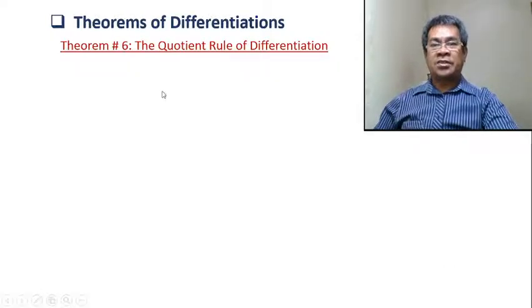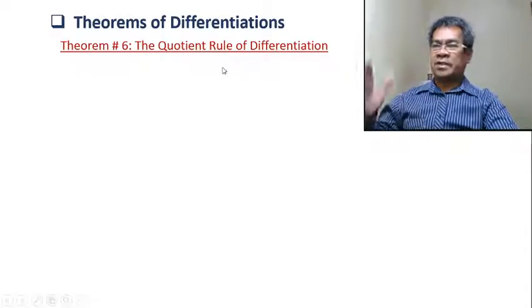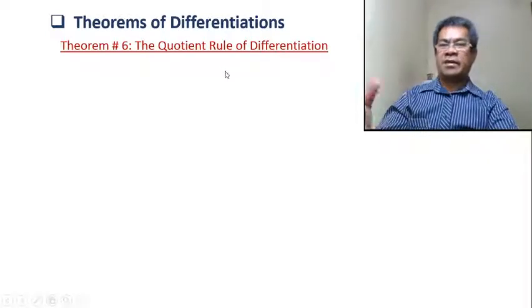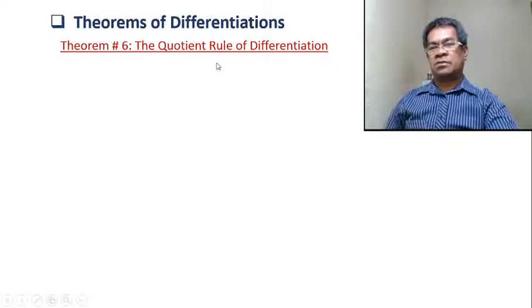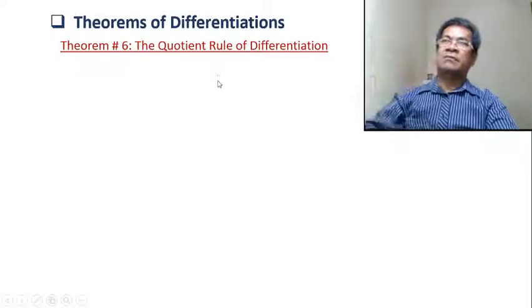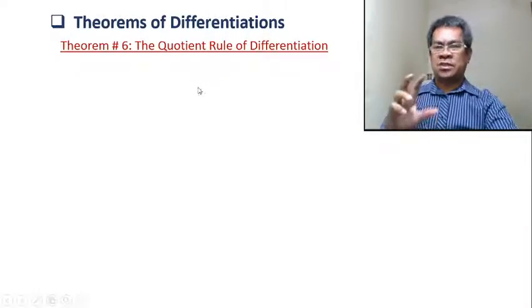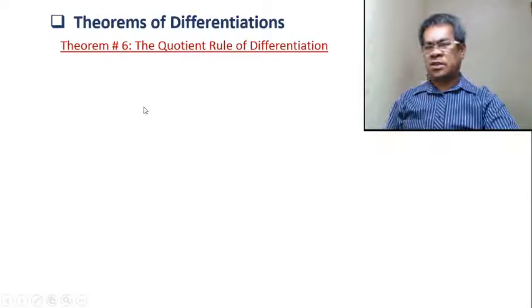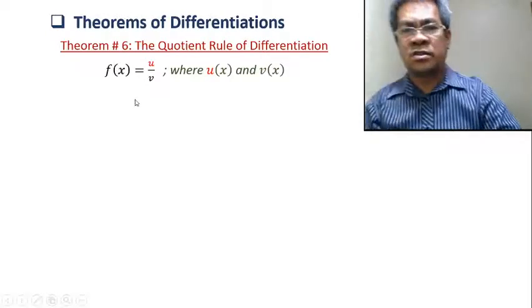Okay, last theorem. Basic. Take note, we have 6 basic theorems. The quotient, if we have the sum, we have the product, we have also the quotient rule. So they are actually different treatment. We cannot equate the sum, the product, and the quotient. So what is now a quotient rule? A quotient rule is applied